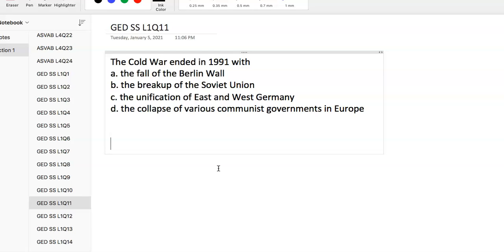Okay, so those first 10 were all sort of U.S. history, 20th century. Okay, and these next 10, more Cold War and some civil rights type stuff. Cold War ended in 1991 with the fall of the Berlin Wall, breakup of Soviet Union, unification of East and West Germany, collapse of various communist governments in Europe. Okay, so